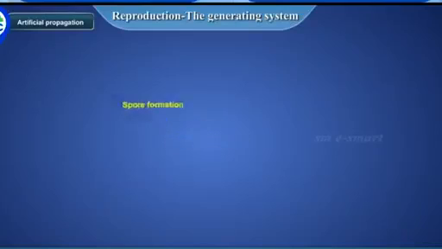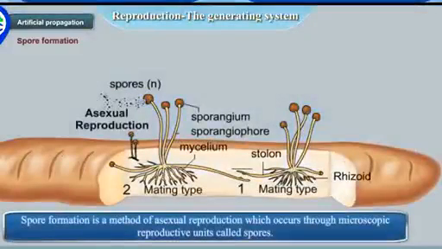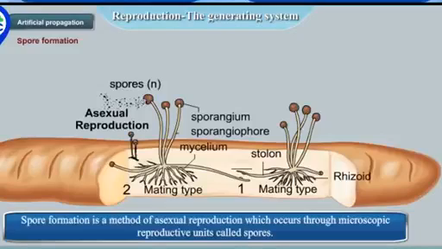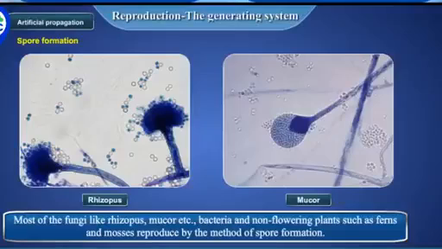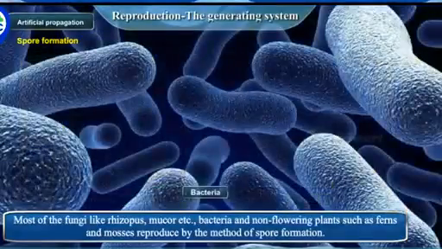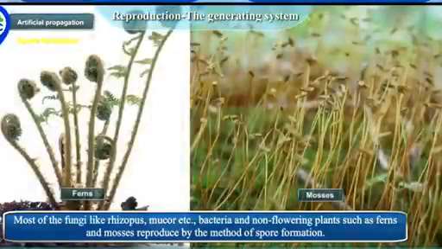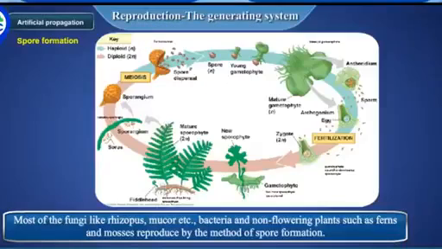Spore formation. Spore formation is a method of asexual reproduction which occurs through microscopic reproductive units called spores. Most of the fungi like Rhizopus, Mucor, etc., bacteria and non-flowering plants such as ferns and mosses reproduce by the